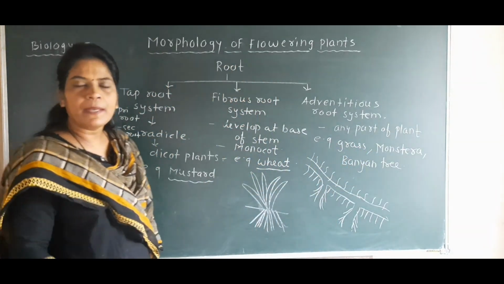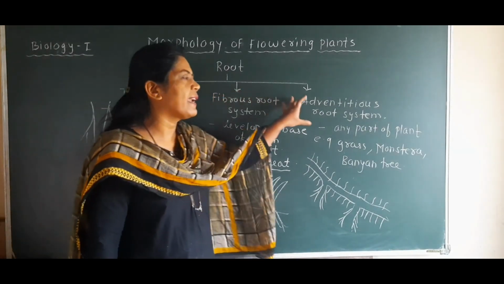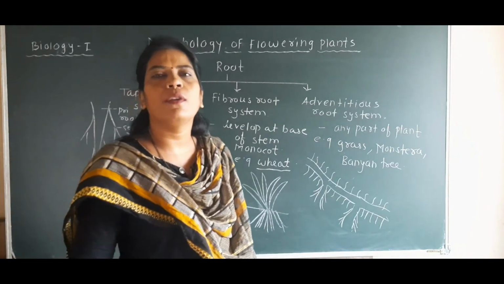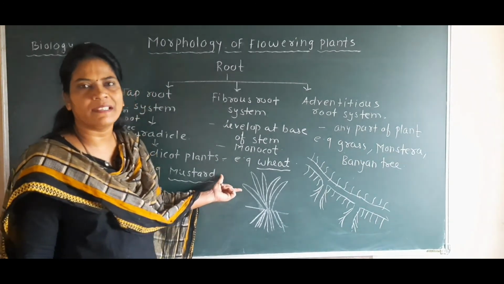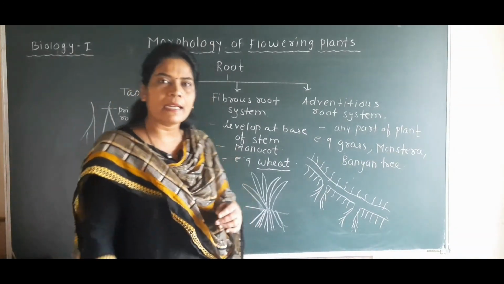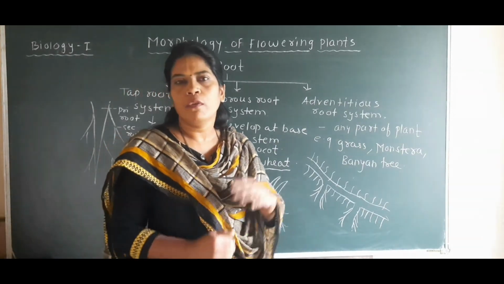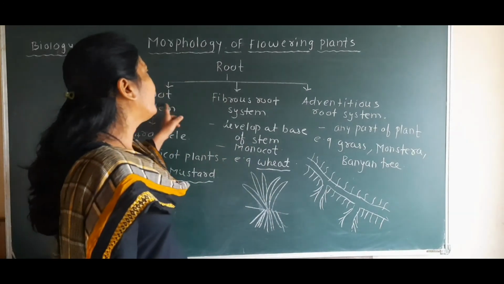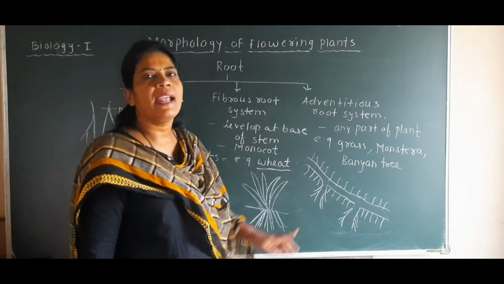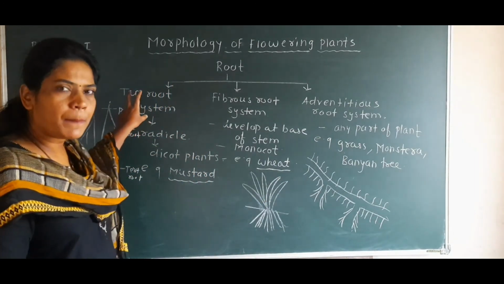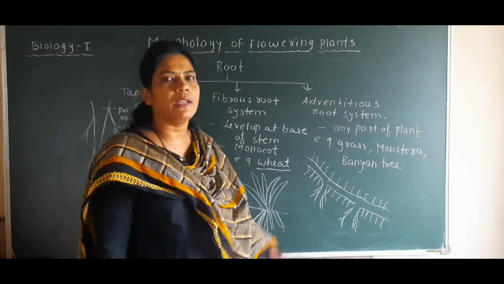The next important point is that only the taproot develops from the radical, while fibrous roots and adventitious roots do not develop from the radical. With this lecture you also get the notes, and from those you can easily understand the types of the root. The second question for the theory point of view will be: describe the different types of root. Then you have to draw a rough diagram of it, as well as the specific part from which the root arises, and their examples are very important.